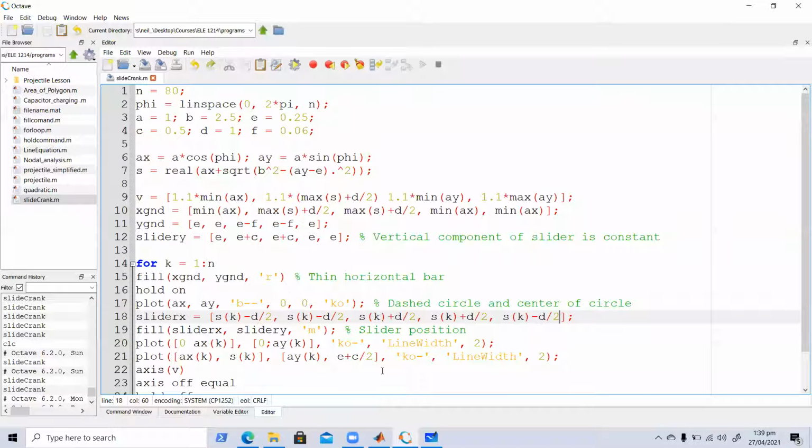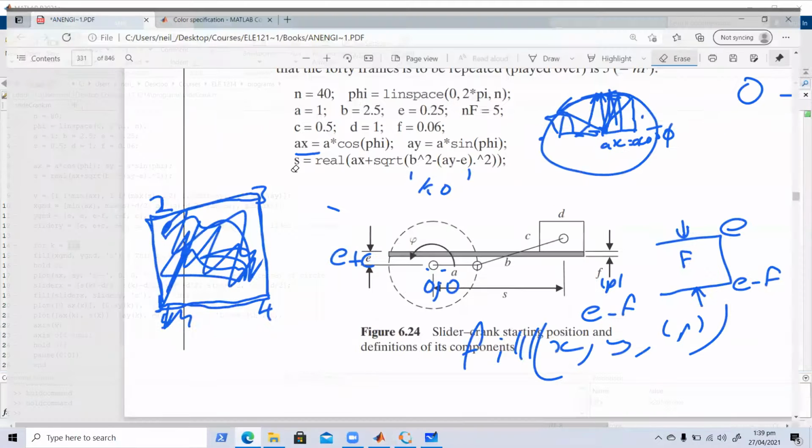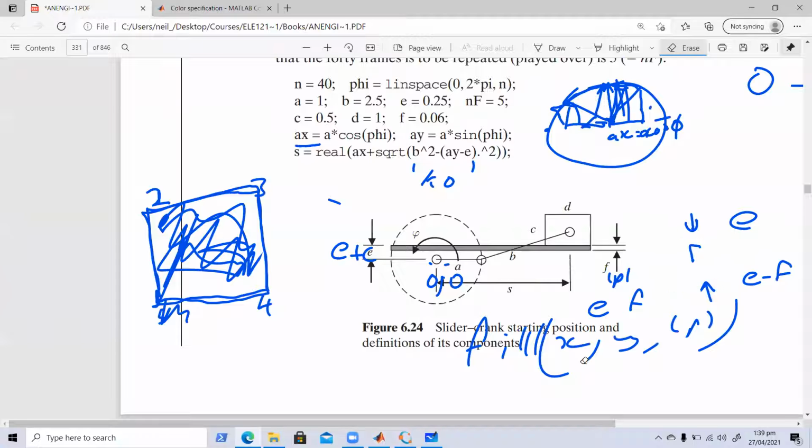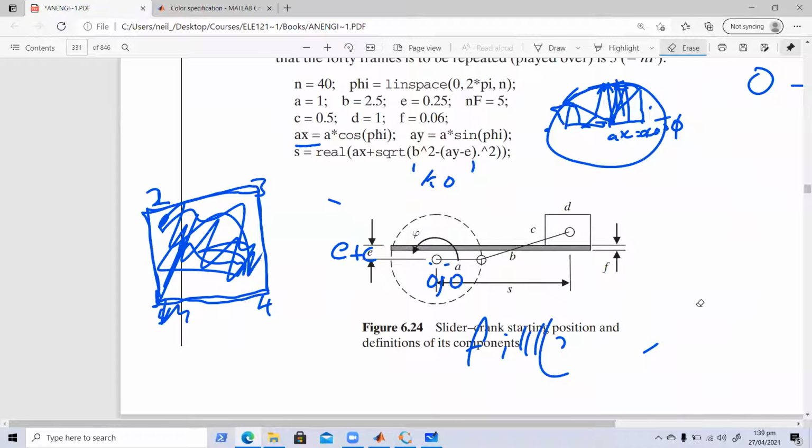So S is equal to K minus D2, right? So minus D2 plus D2 plus D2, right? What does that mean? Let's go back to the slider from the textbook. So the value of S in the formula